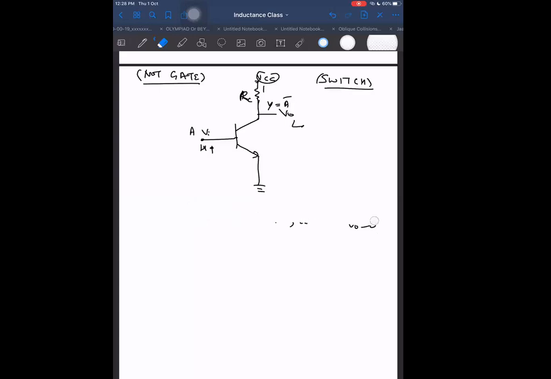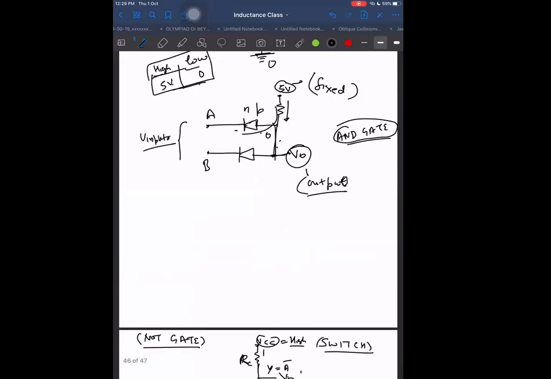Opposite will happen if I give input low. Low means 0 voltage I am giving at input. If I give input as 0, then IB will become 0. IB 0, then VBE will be open circuit only, and IC will also become 0. If IC becomes 0, then IC into RC will become 0. Then V output will become equal to VCC, and VCC is the high voltage here. So this high will be obtained across V0. So it is acting like a NOT gate, in which whatever input we give, it gives us the opposite as output. Is it okay? Understood or not? Yes, sir. Right. So we know how the NOT gate functions.